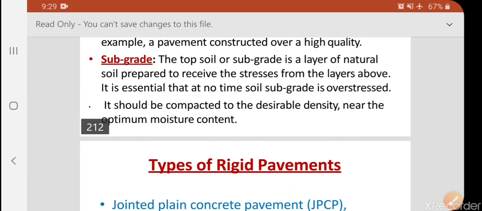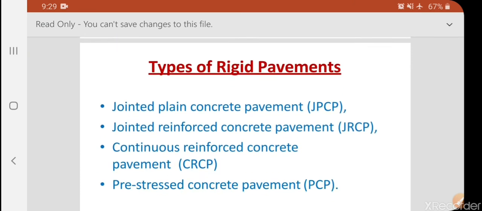Surface course, base course. First we should know the first layer: when we are moving, the contact of the passengers will be the surface course. Immediately below the surface course is the base course. That is a base for the surface. And the next one is sub base. After sub base, the last one will be subgrade.